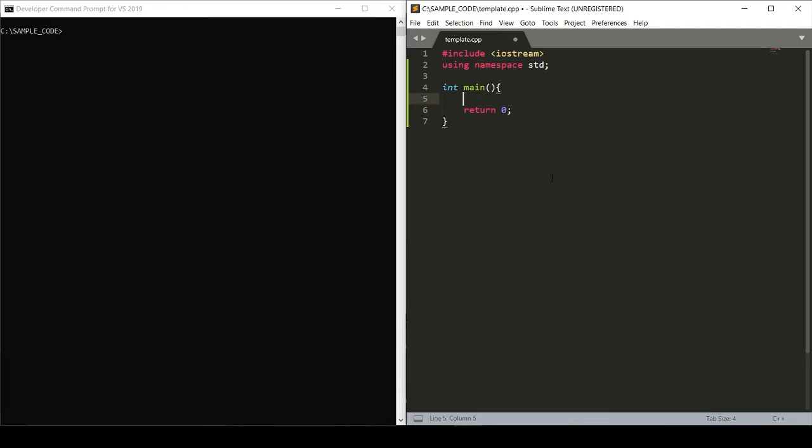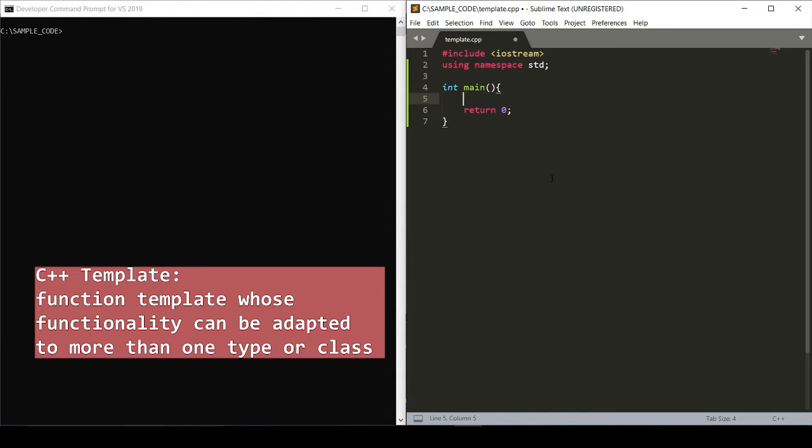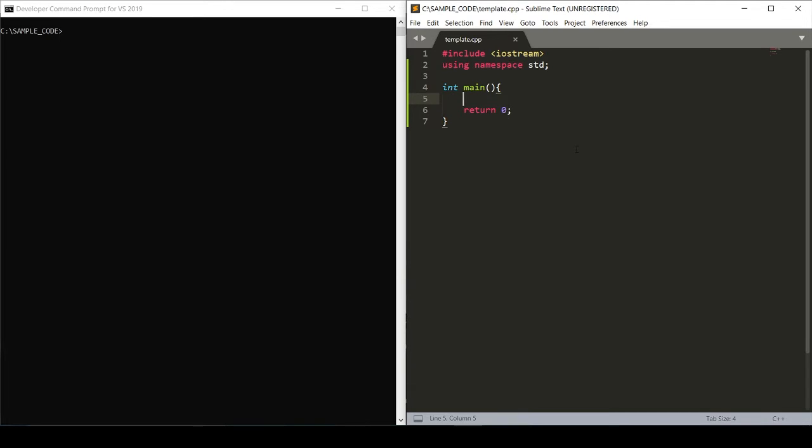Alright everyone, so today I'm going to walk you through how to create a template in C++. Templates are special functions that allow us to operate with multiple different types, multiple different data types. So over here in Sublime Text I have a file called